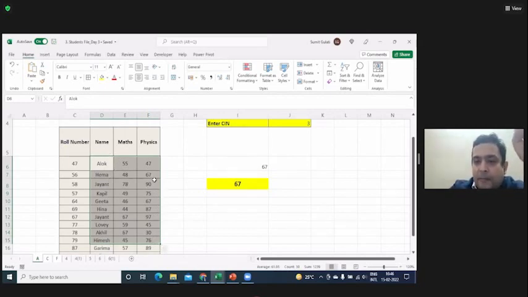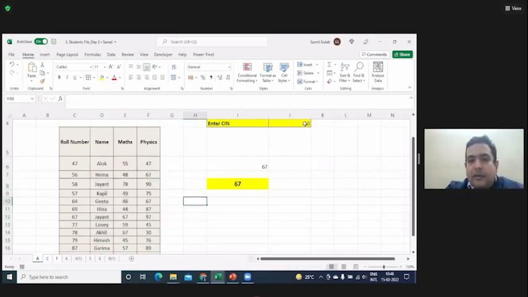Yeah, but what if I put 4, 5, or 6, or maybe any other higher number in the column index? Then what will it lead to? It will not lead to anything. It will give you an error. See, a reference error. Okay, sir. It is going beyond the data.